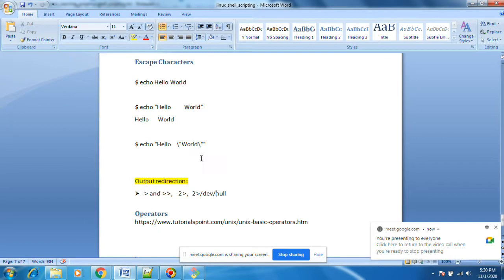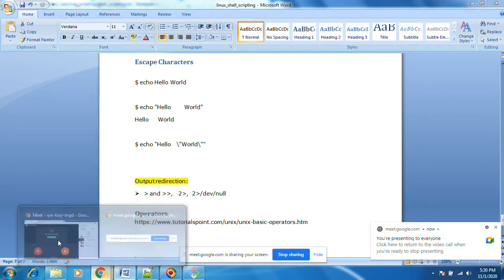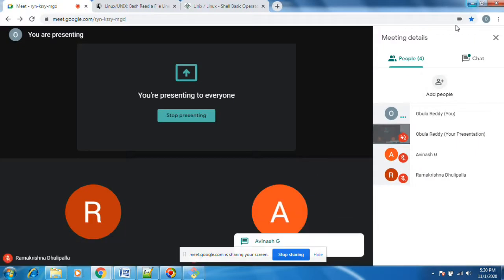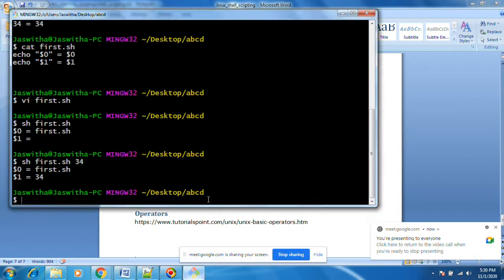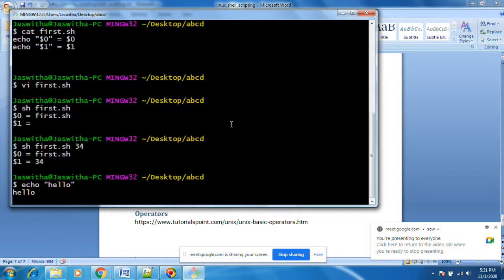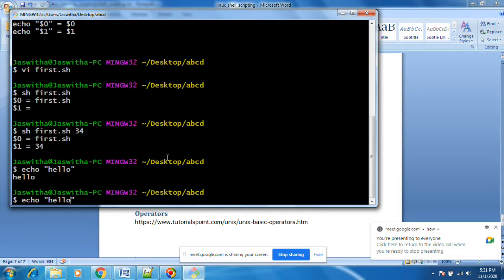Okay. Previously, we have discussed escape characters. If you want to print double quotes, it will not work directly; we need to do something. If you want to escape, you need to put a slash. Suppose something like this: see, it is not printing double quotes. If I want to print double quotes, you need to put